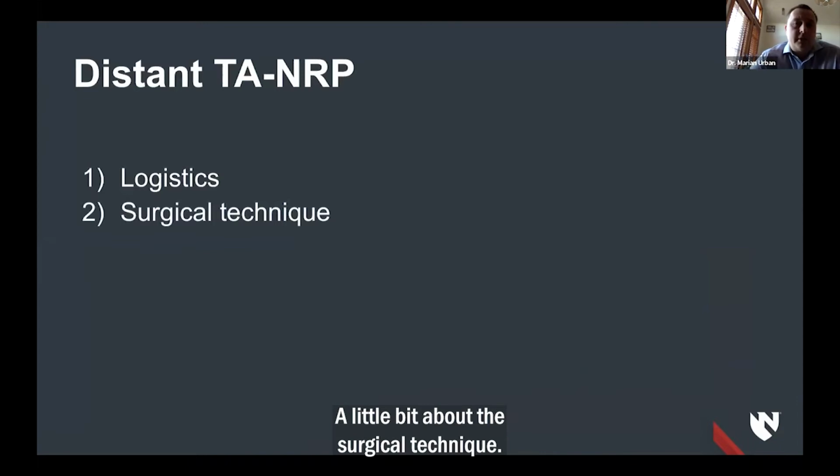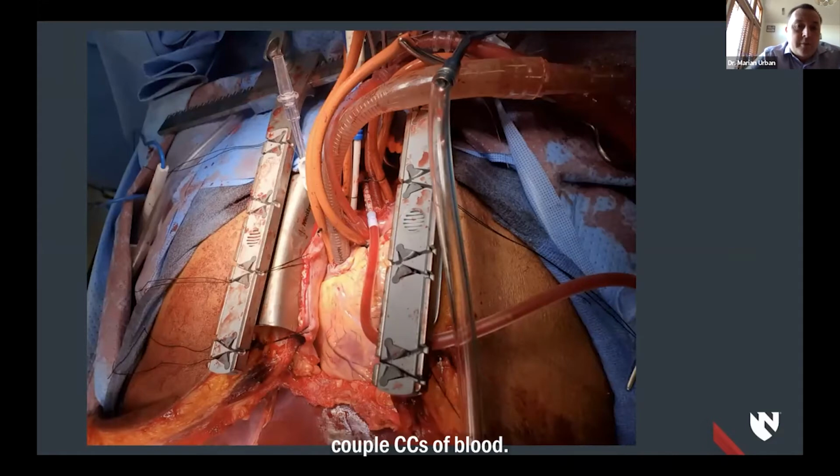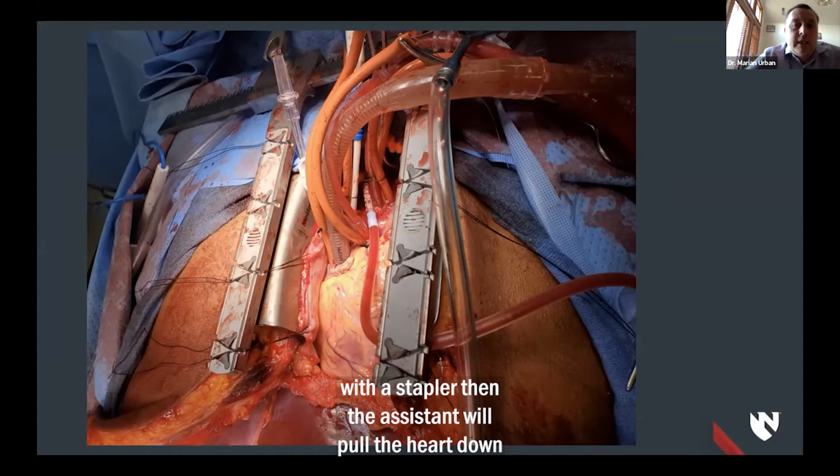A little bit about the surgical technique. So after obviously entering the chest, the first thing we do is we put a venous cannula through the right atrium and drain a couple of cc's of blood. This would not only decompress the distended heart, but also give us more space to work. I usually use the vena cava clamp to hold the cannula in place, so that it would free up the hands of the surgeon and the assistant. The next thing we will divide the innominate vein with a stapler. Then the assistant will pull the heart down, and the surgeon would clamp the head and neck vessels